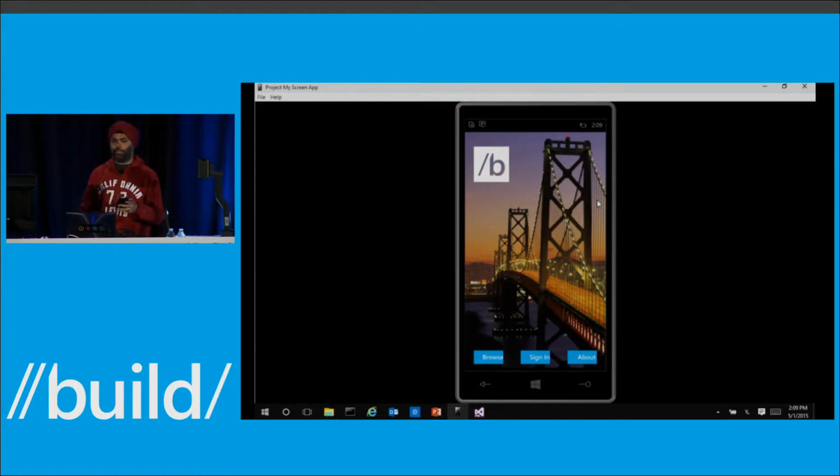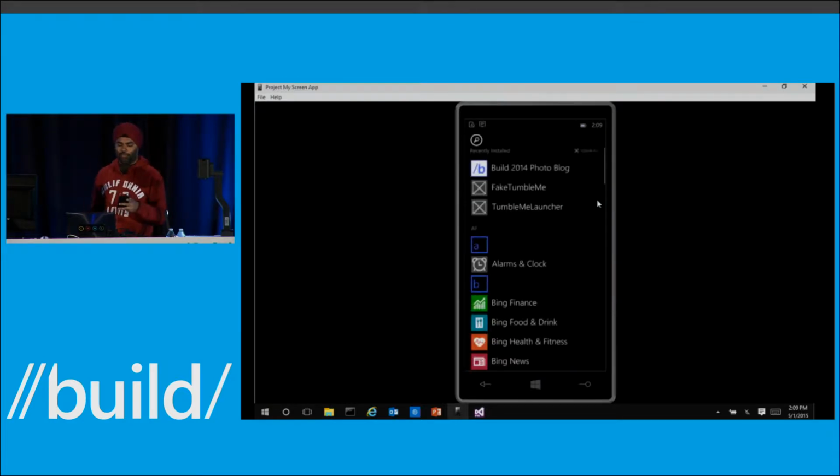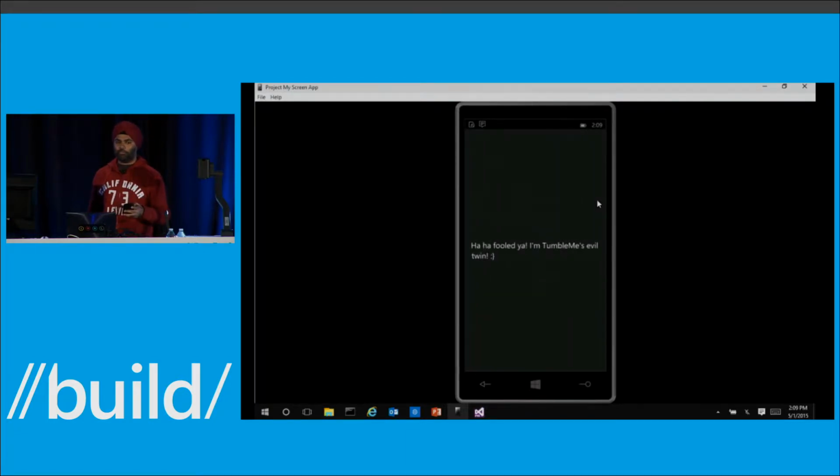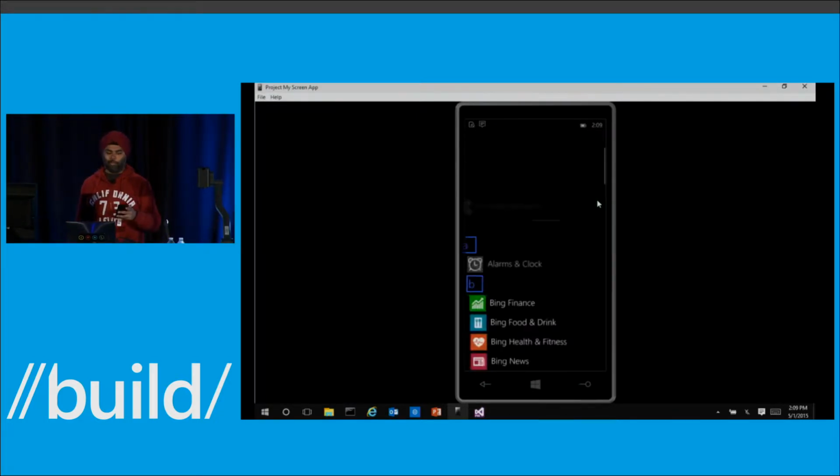And I'm not going to go into the details of this app other than to say that it's launch URI enabled. I signed this app up for a custom scheme. And the internal name of this app is TumbleMe, because we're talking to Tumblr. We've also got another app called Fake TumbleMe, which will play the role of evil twin. And it signs up for the same custom scheme, as you'd expect.